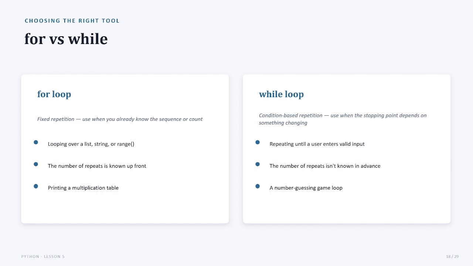So let's compare the two loops. This is a very common question for beginners. When should I use for and when should I use while? You can know the sequence of numbers in advance with a for loop. The while loop is not like that. For example, when numbers go from 1 to